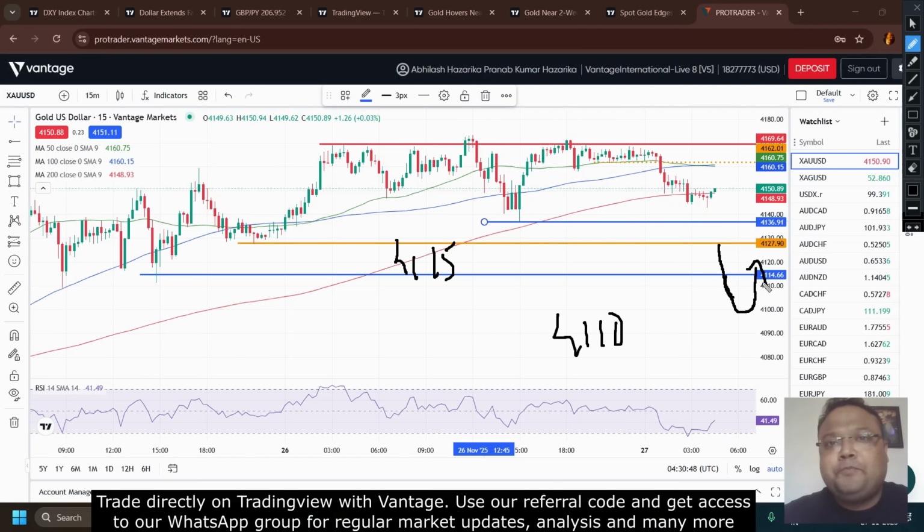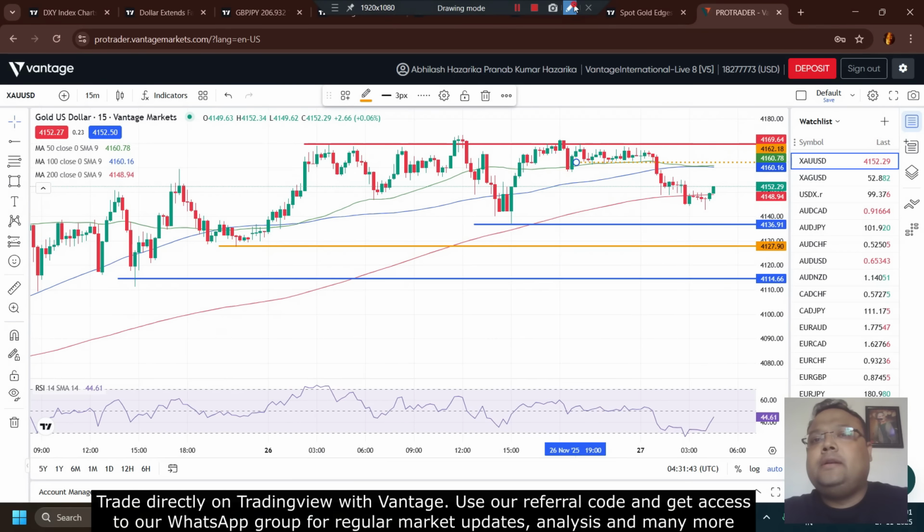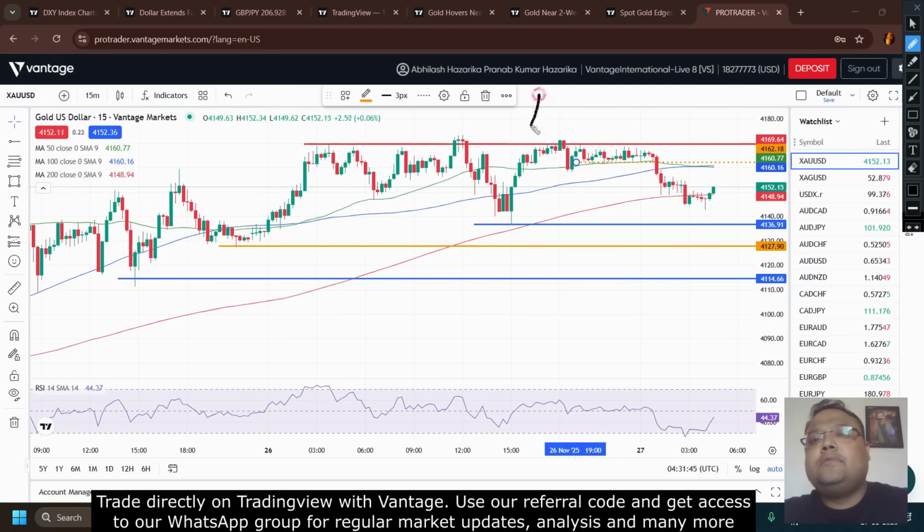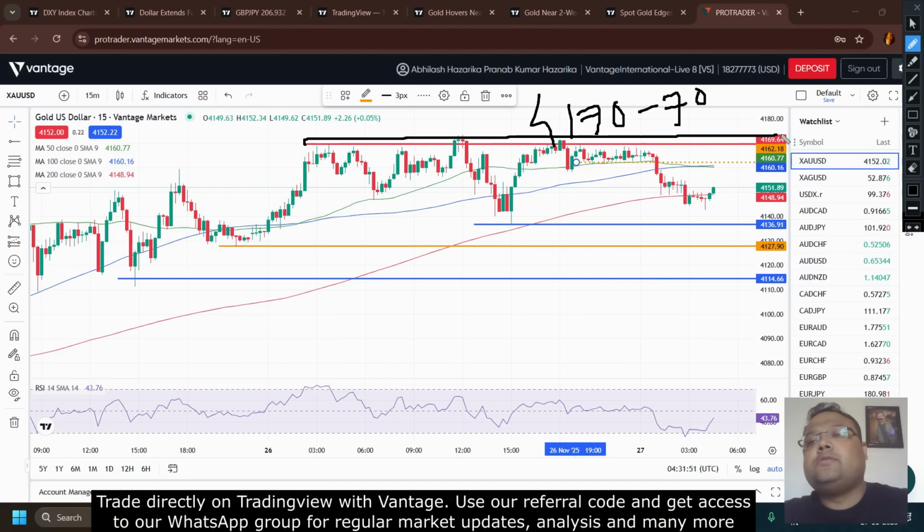Now, the liquidity swing. At the top we have this dotted line here. As a day trader, you can observe the market around 4162, 4163. If you see the market showing price action from below, then from above you can look for a sell position. It is a minor resistance around this dotted line. The previous support will be working as resistance, and then we have a resistance around 4170, 4175. You can see this whole zone is a resistance right now.